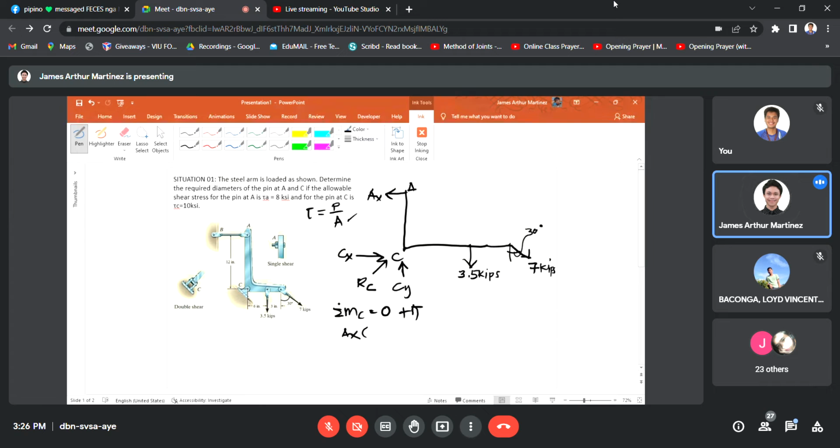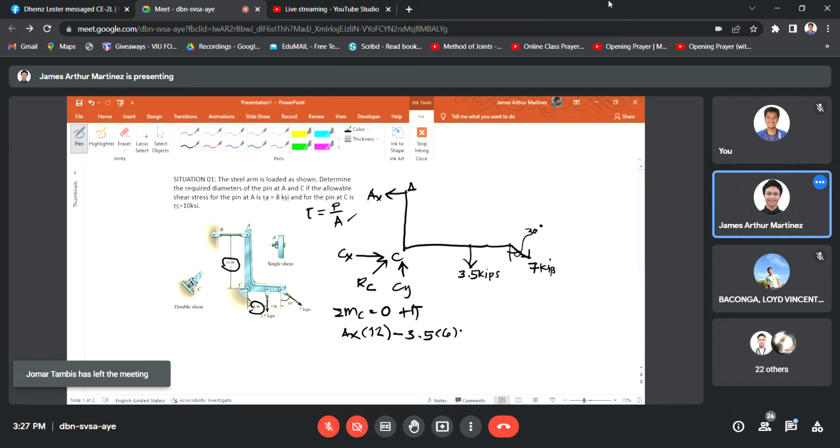AX times its moment arm of 12 inches. Then the 3.5 kip force would create a clockwise rotation with respect to point C, so it will have a negative sign convention. 3.5 times the moment arm of 6 inches,